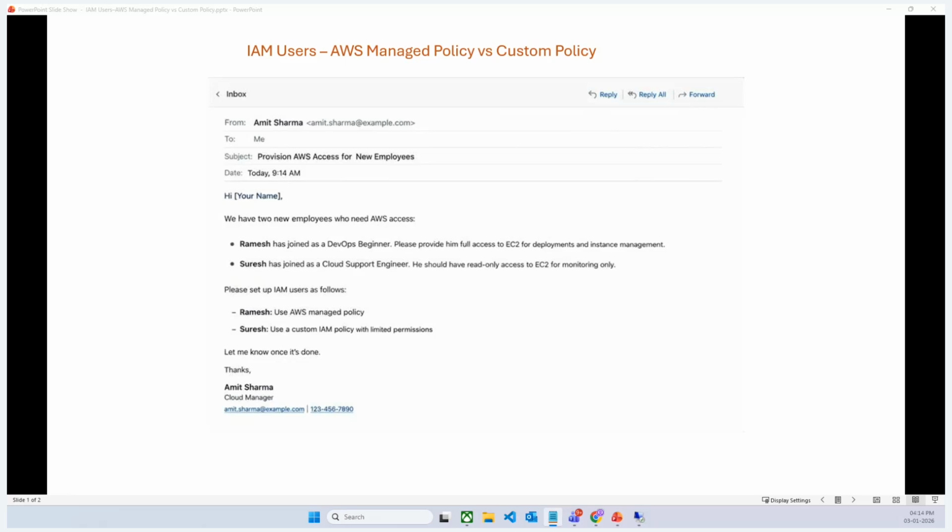So the very first employee, Ramesh, has joined as a DevOps engineer and he needs access to EC2 services to practice deployments, start and stop instances, and understand infrastructure operations. Suresh has joined as a cloud support engineer. He only needs read-only access to EC2 for monitoring and basic troubleshooting purposes, and he should not be allowed to